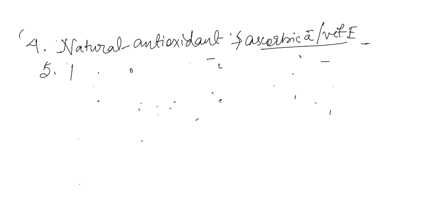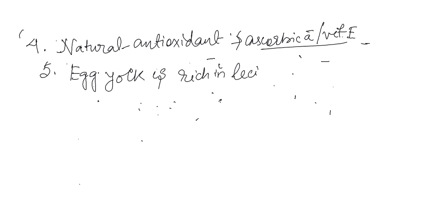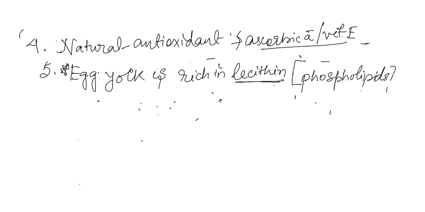Then we know about phospholipids. From there, maybe you know what is phospholipid, what is lecithin, all these. Similarly, one important question you will have is that egg yolk is rich in lecithin. This is one of the phospholipids. So this is one heading. This is an important question often you will get. So here the reference is you study about the phospholipids. When you are studying this, you need to concentrate on what it is mainly rich in. So this is one question.